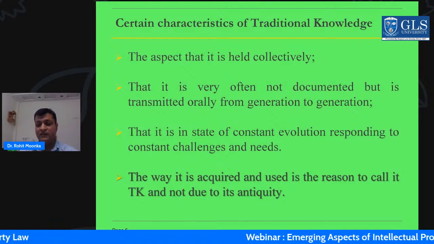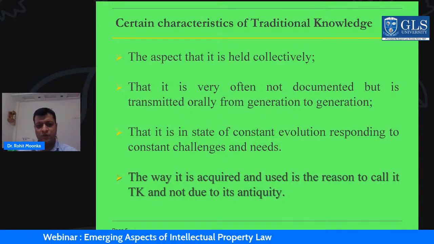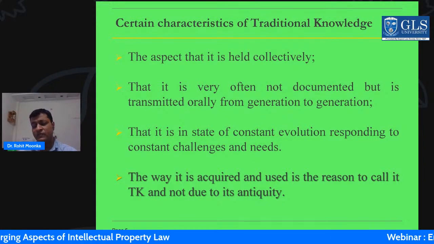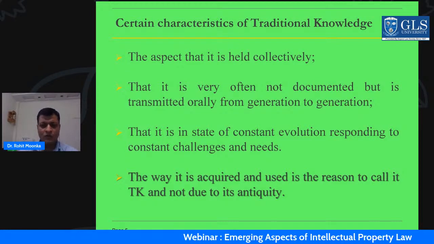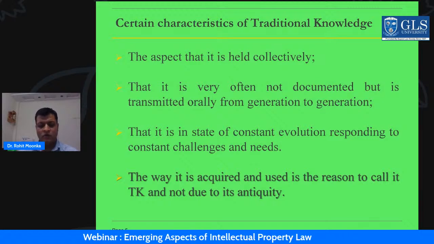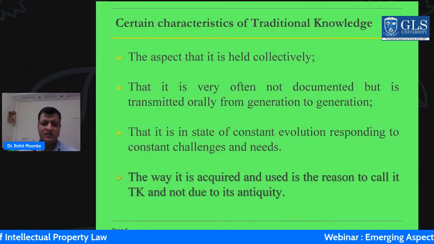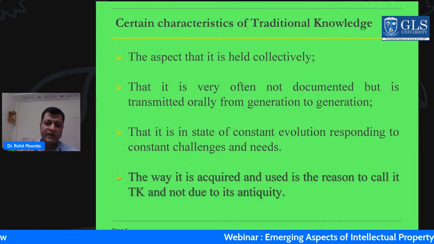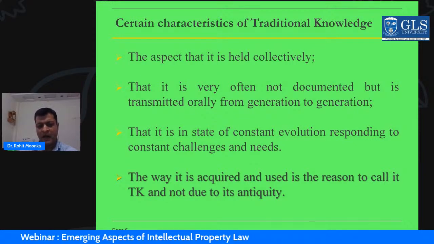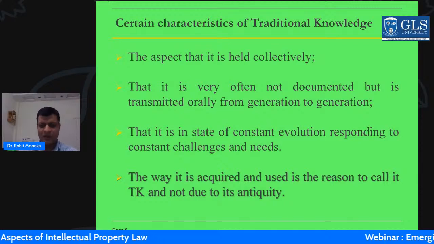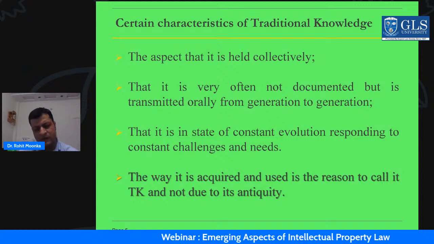And last but not the least point, that it is in a state of constant evolution, responding to constant challenges and needs. The classic example I would like to state over here is during the corona crisis, during the COVID-19 pandemic, you must have seen how the existing traditional knowledge was being used to find out medicines for this disease. How the traditional knowledge was being applied,